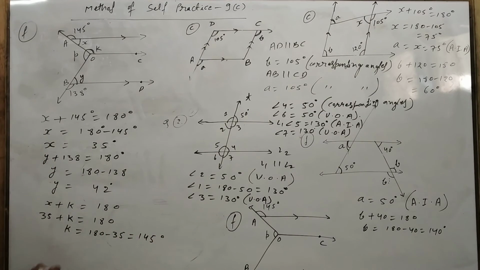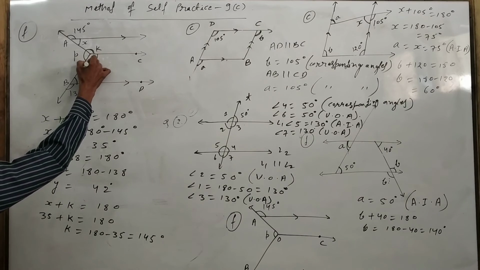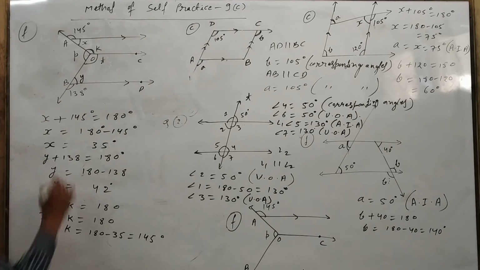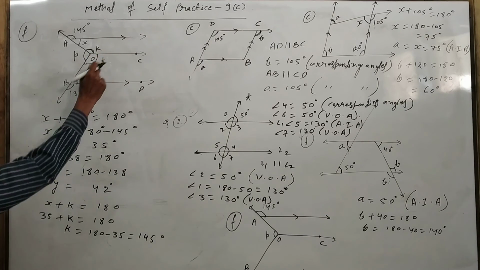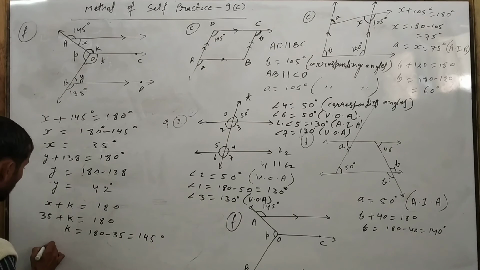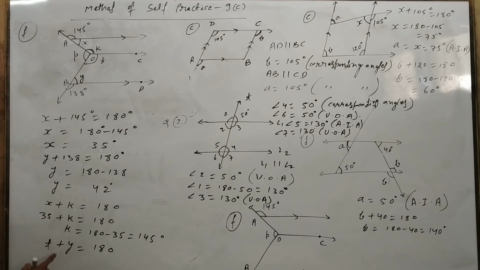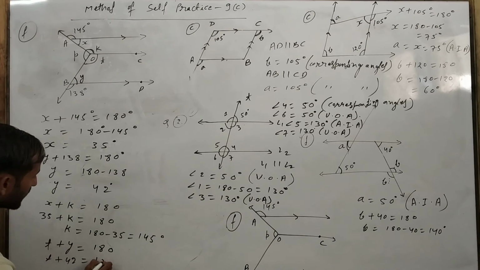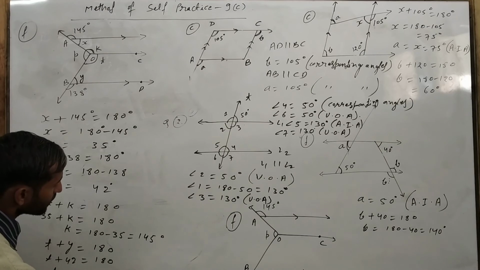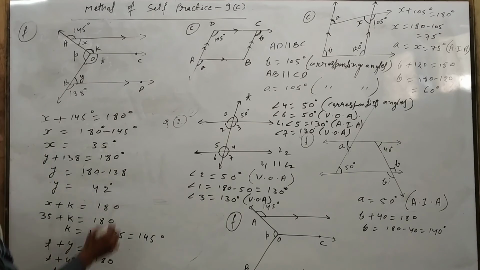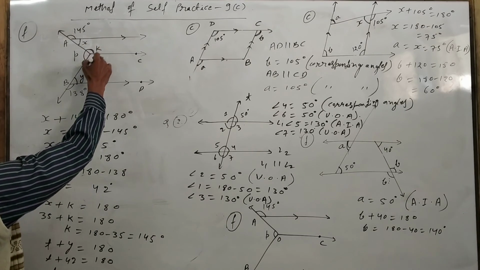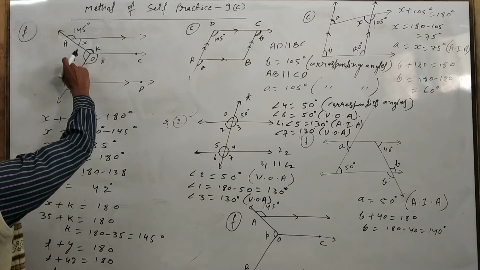Okay. Likewise, just suppose here T, this one is angle T. So Y and T will form co-interior angles. So T plus Y is again 180 degrees, and the value of Y we already know. So T plus 42 is equal to 180. Again just transpose this 42 to that side, it will come 180 minus 42, then it will come 138 degrees. Okay. So now finally we know this whole angle K and T and P.